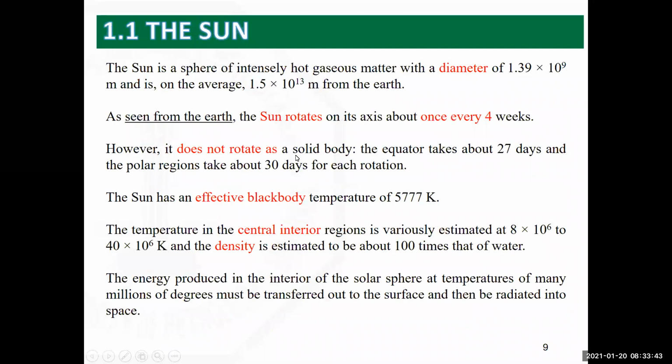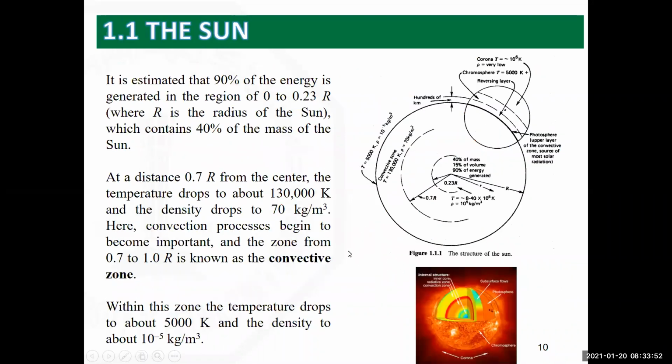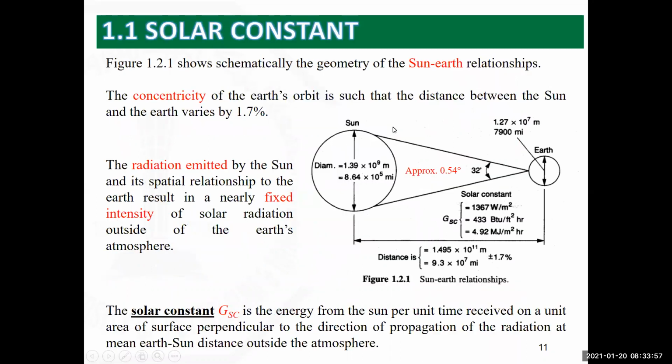So, we talked about the effective temperature of the sun, even the temperature gradient within the sun from the core up to the surface of the sun, how the density changes within the sun, and the distance between the Earth and the sun, that the Earth is rotating not in a circular mode, but in an elliptic mode with slight differences between the two radii. Then we talked about the solar constant, which is the average solar irradiation received at the top of the atmosphere,